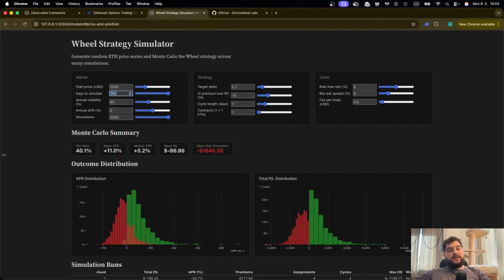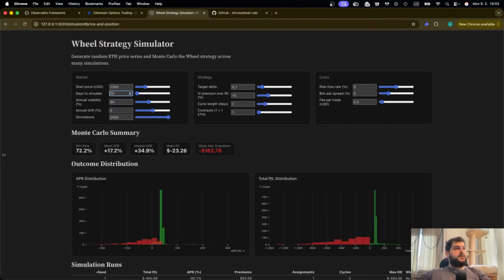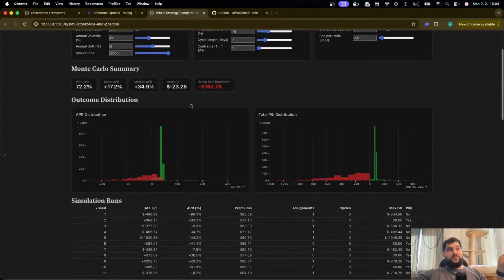What if we run it on 1 month? On 1 month, the win rate is better. So this probably means that we shouldn't just constantly trade. We should look at the market conditions and see what the best conditions are when we need to trade this. I think we can analyze all that based on what we are building right now.